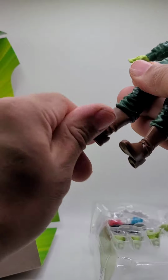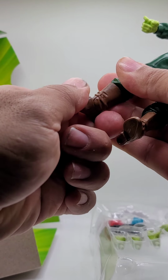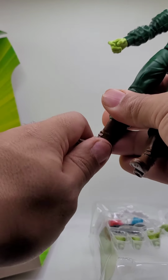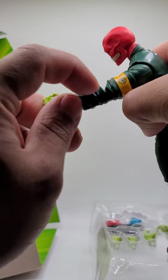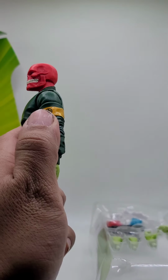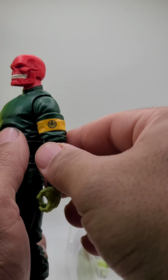In regards to that, though, the articulation is great on the figure, in the arms, in the legs, the knees, the shins, ankle rocker. Everything's good on this figure. Excellent articulation, a lot better articulation. Once again, those arms though, there's that gap right there. I know it's meant to be like a rolled up sleeve, but